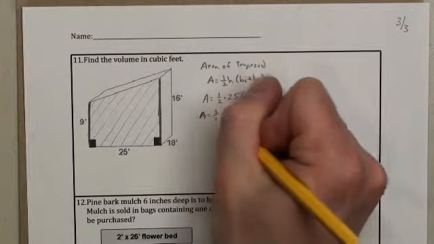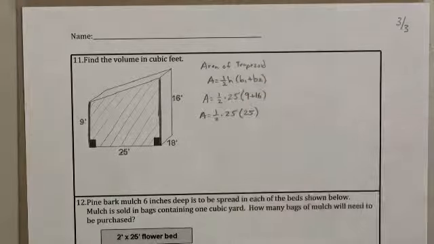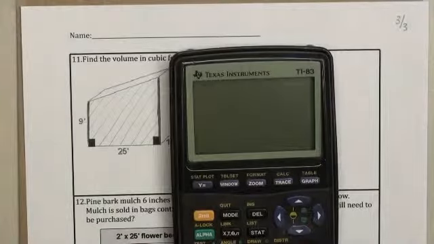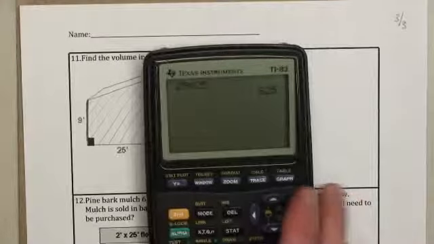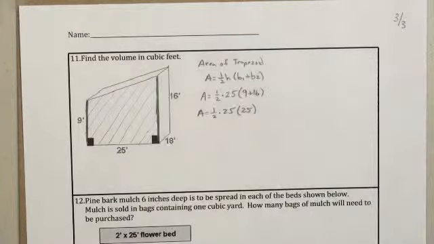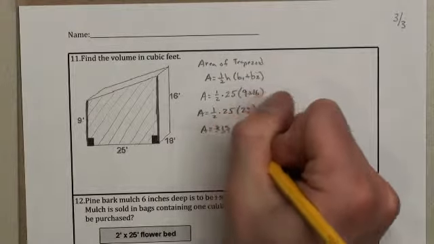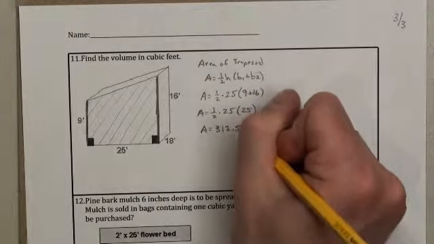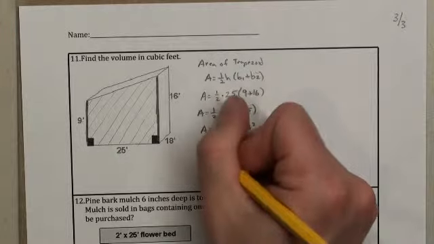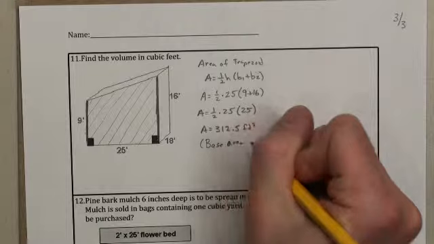So area is 1/2 times 25 times 25. Now, I believe 25 times 25 is 600. No, 625, and then we've got to multiply that by 1/2, 312.5. And that's feet squared. Now, that's the base area